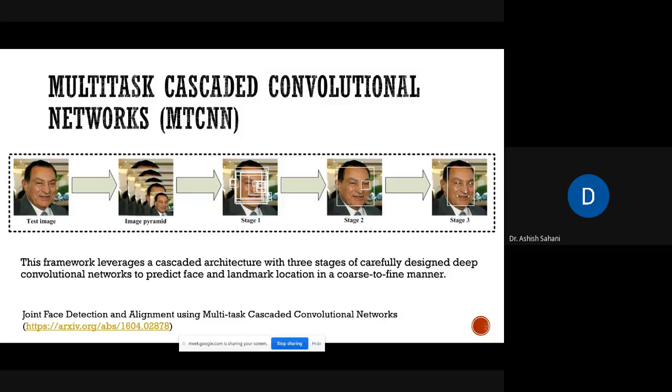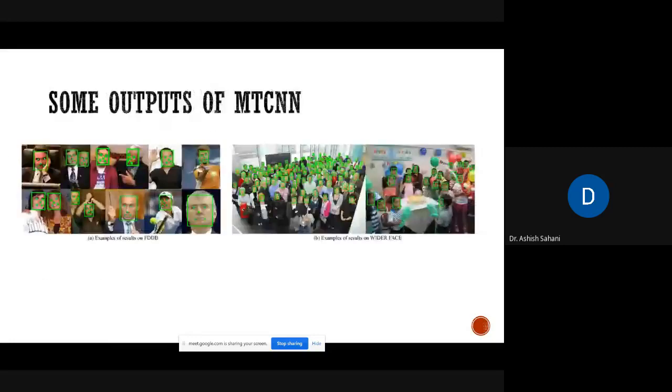In addition to the bounding box location, it will also return the locations of the landmark points. These are some examples of outputs created by MTCNN, and you can see it is able to do excellent identification, even if there are tens or hundreds of people in a particular image.